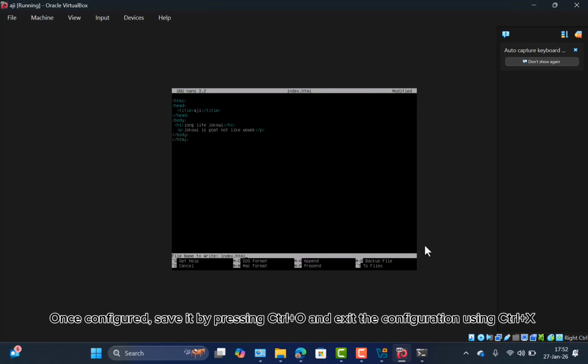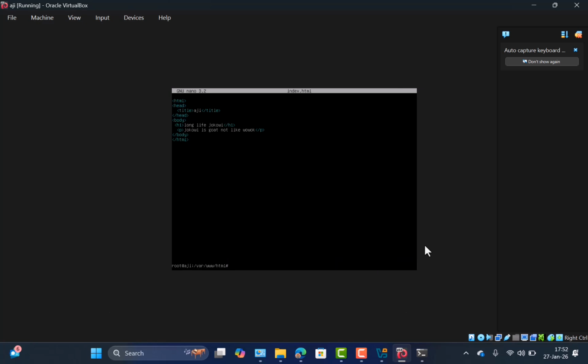Once configured, save it by pressing Ctrl O and exit the configuration using Ctrl X.